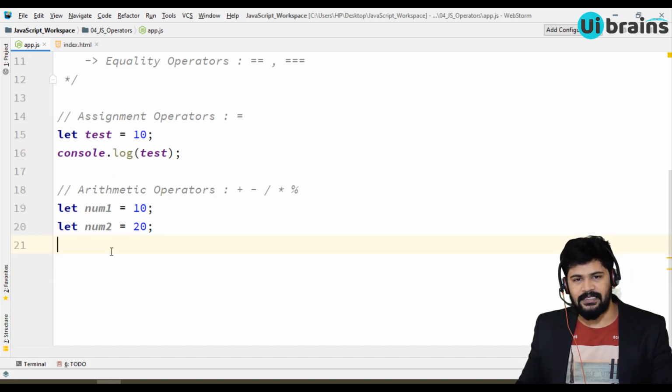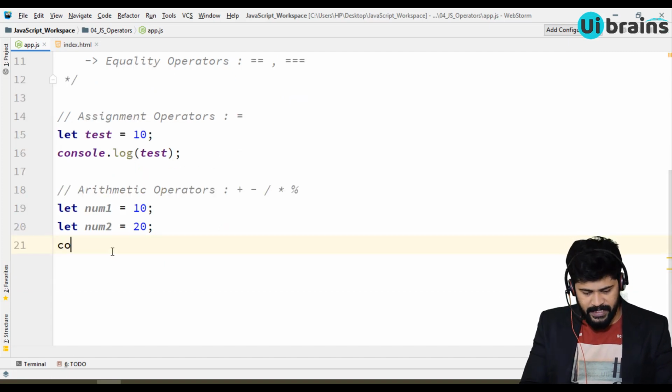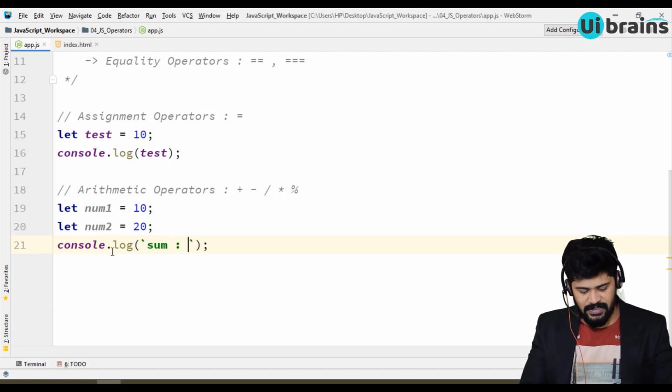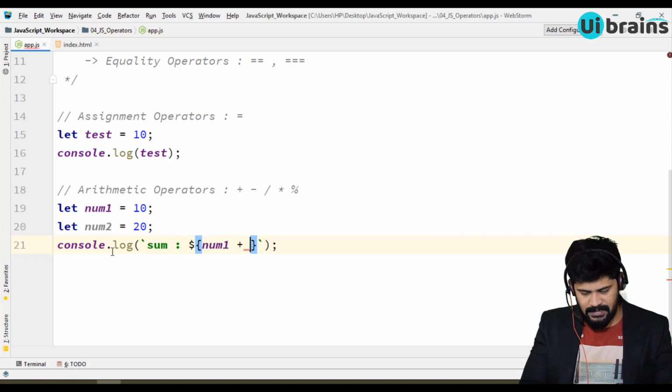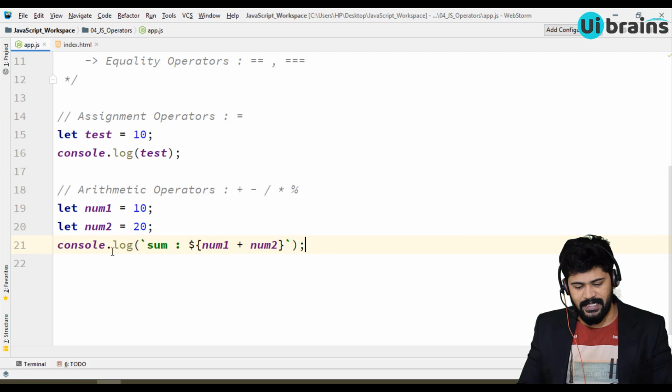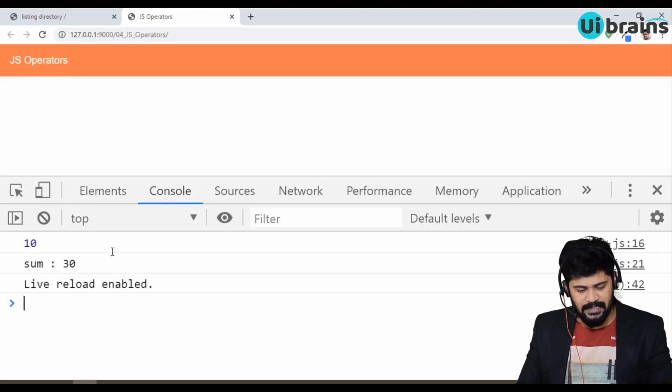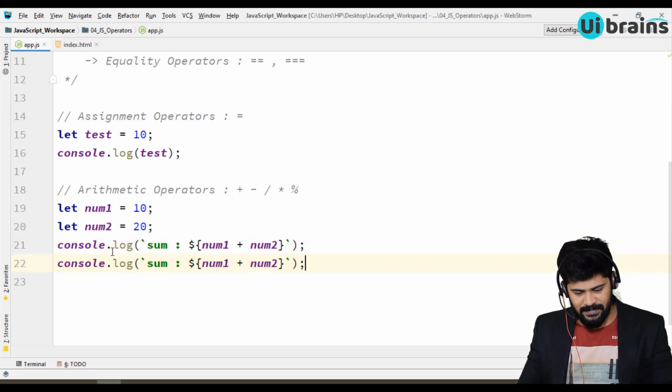Let me do some arithmetic operations. I can write console.log with a backtick. I want to perform a summation. How to do the summation? You can write directly num1 plus num2. You get the summation, 10 plus 20 is 30. Sum is 30.